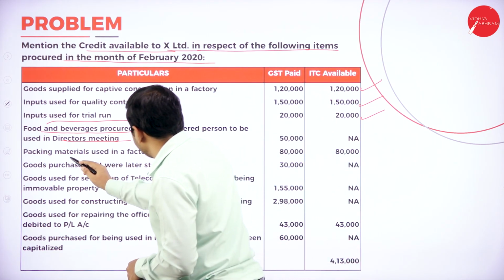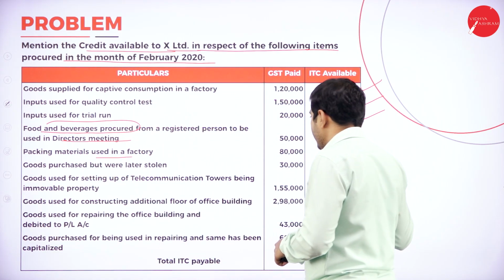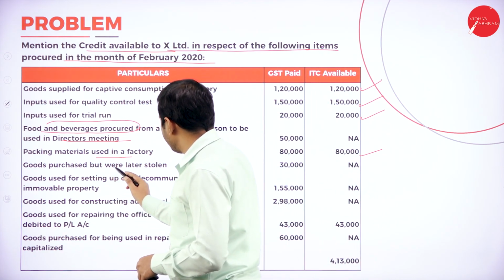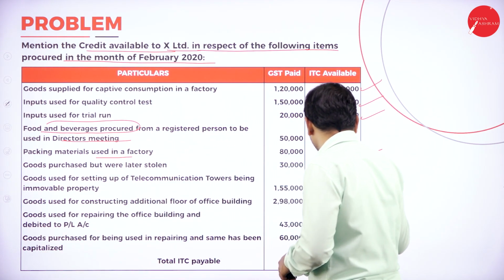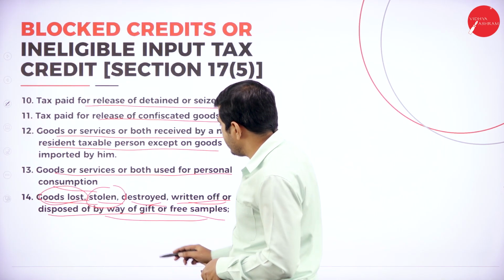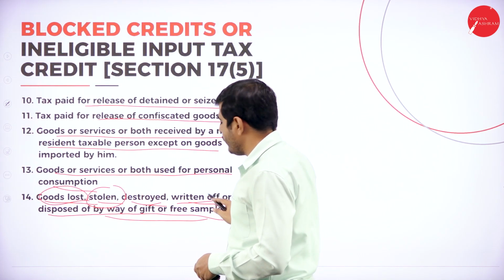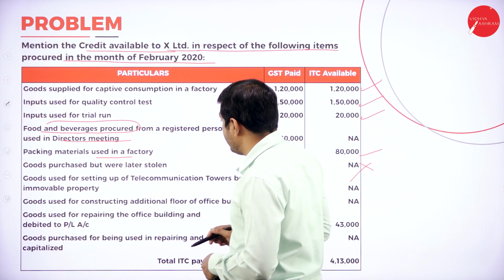Next one, packing materials used in a factory, ITC is available. Next point, goods purchased but were later stolen, ITC is not available. Stolen goods destroyed, here we have discussed. Stolen goods destroyed, written off, for these things ITC is not available. Next point,